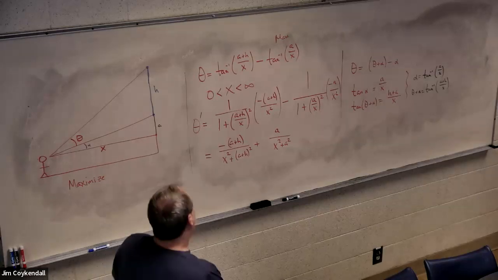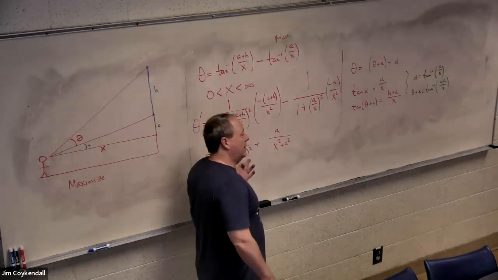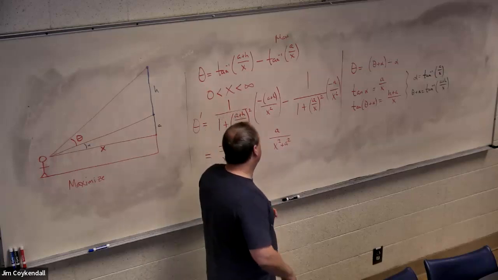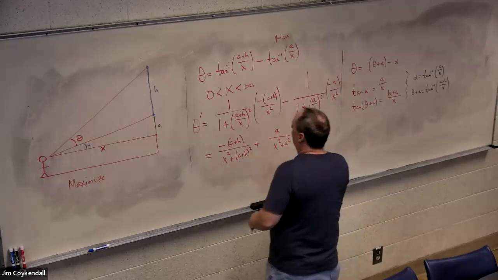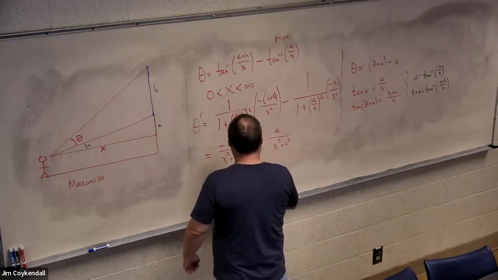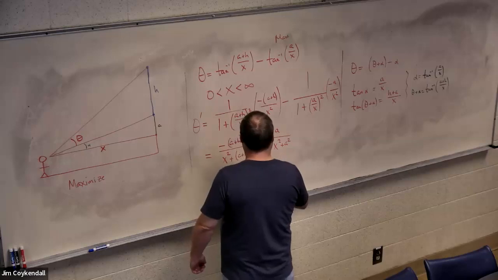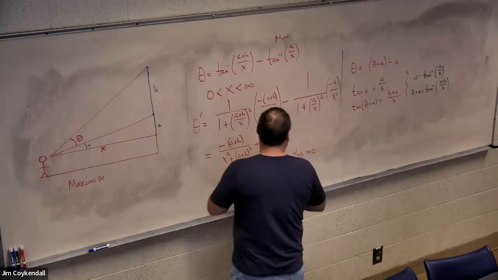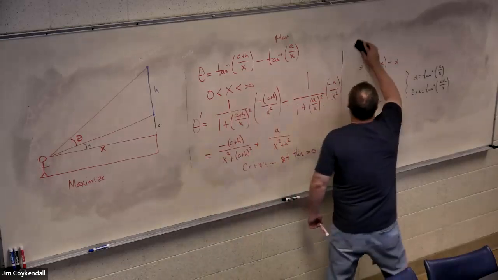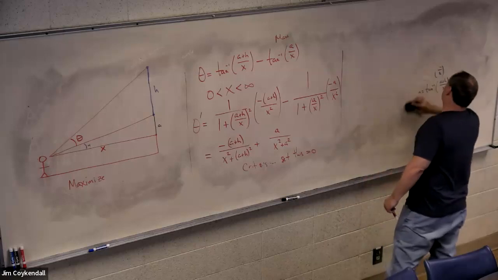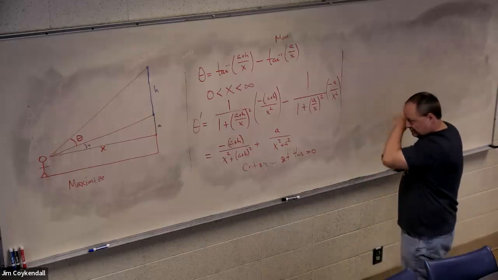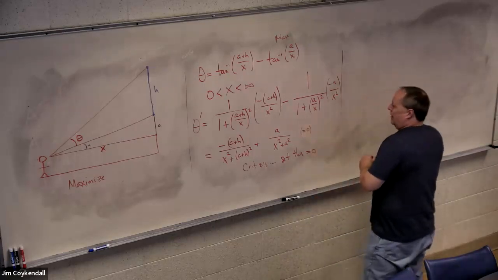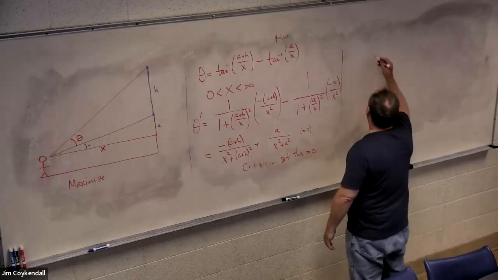Now, I've got two fractions, with denominators here. Here's a cool thing. The denominator can never be zero: x squared plus a positive constant squared. So, find critical numbers. Set the derivative to 0. See what happens. When I set this equal to 0, I get, bringing this over to the other side,